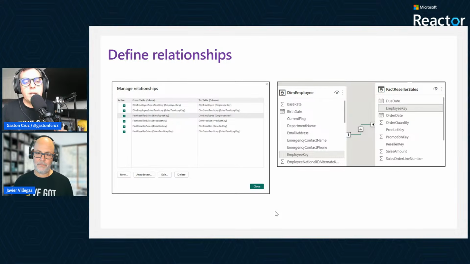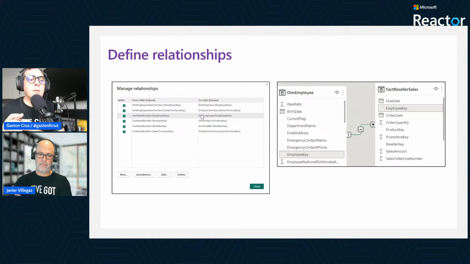When we were talking about the data model itself and the DAX experience, it's really important to understand the logic and the relationships between all the tables in the data model. As you can see on the left of my screen, all the dimensional tables that we have and all the relationships that we have in our model and which ones are related to the others. Remember that usually we will be talking about one to many relationships, like one employee can appear in multiple factory reseller sales, but you can have one to one relationships as well.